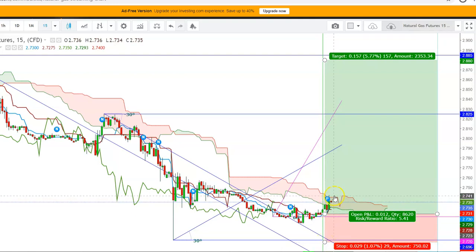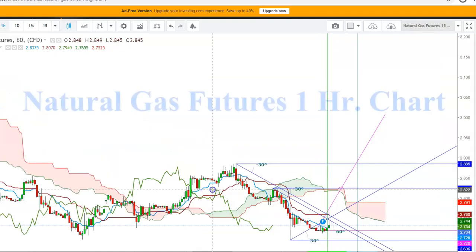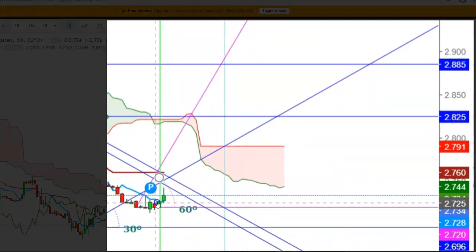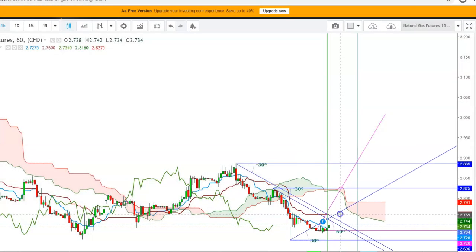So here you can see how the natural gas futures look ready for continuation of an upward move before this weekly closing. So now let us check this move in the 1 hour time frame. Here in the 1 hour time frame, you can see how the natural gas futures have come above the 9 days moving average, and here I find that shortly we'll see the completion of a bullish crossover here before this weekly closing, which will result in a sharp upward move up to the level of $2.888